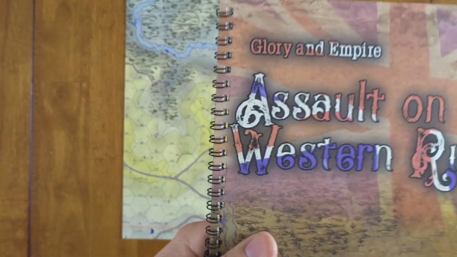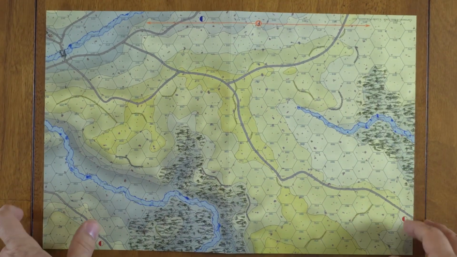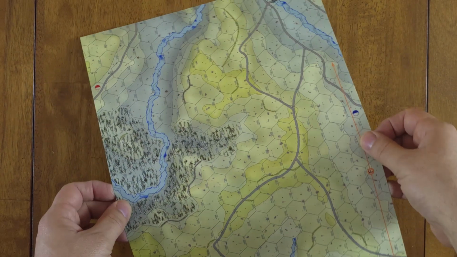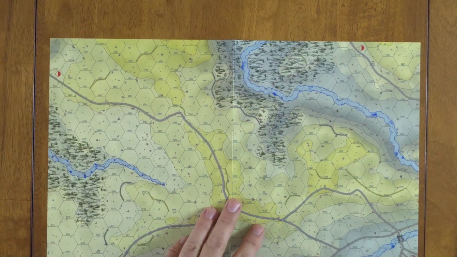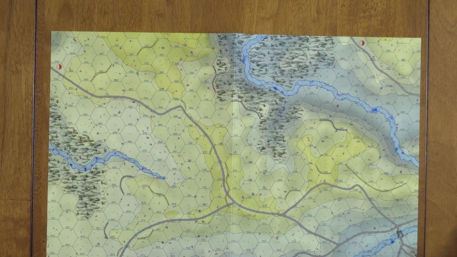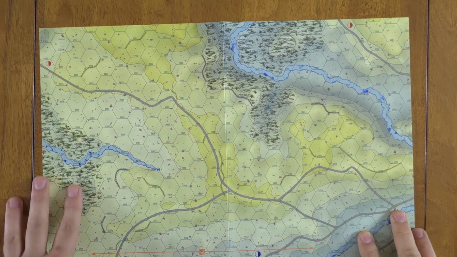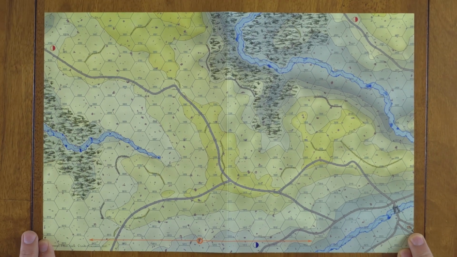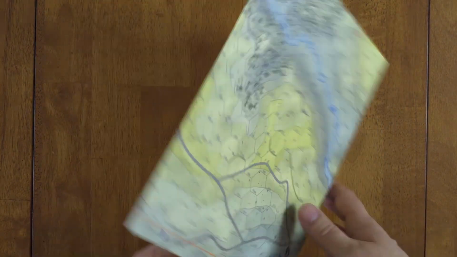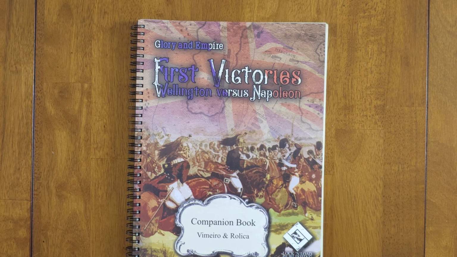And here is that Western map. Actually, I think it's oriented this way. Maybe. Now I've got to check. Yeah, I got it right. This is the orientation for it. And like I said, it sits in that upper left-hand corner of the base game map for Vimeiro. So that is the expansion and the contents of the Glory and Empire First Victories Wellington versus Napoleon game, first